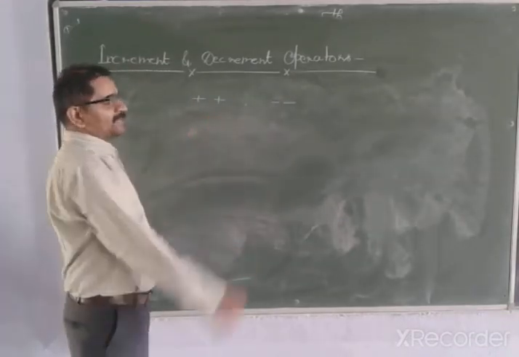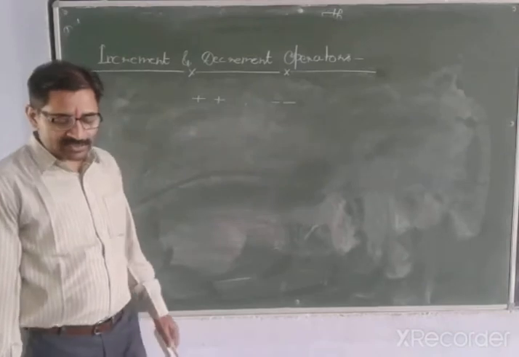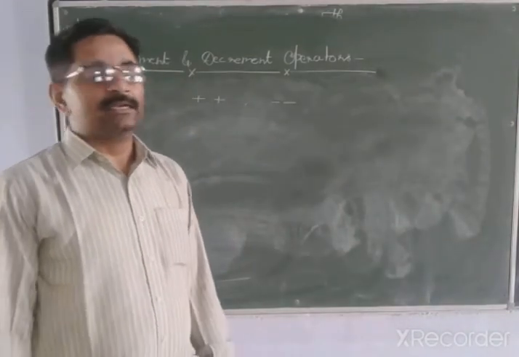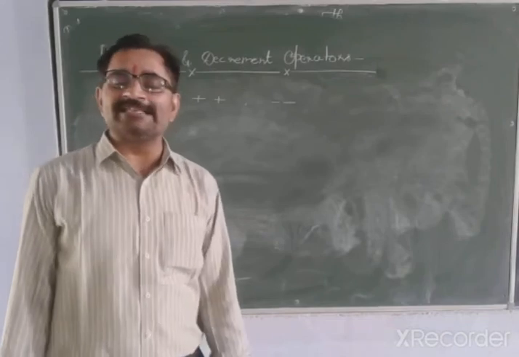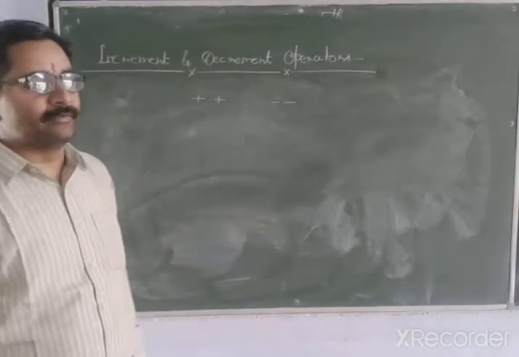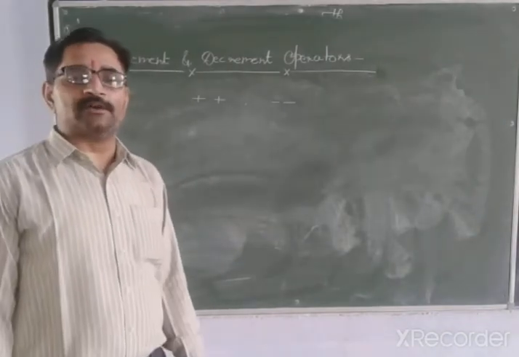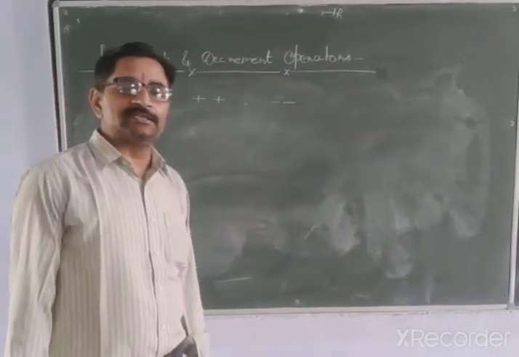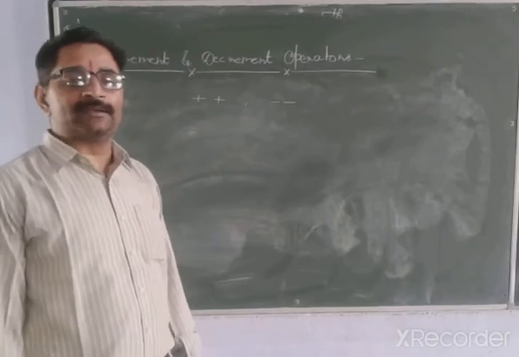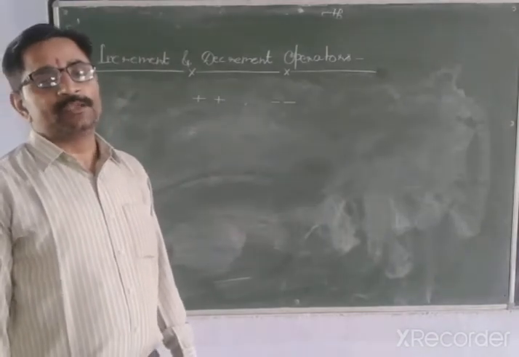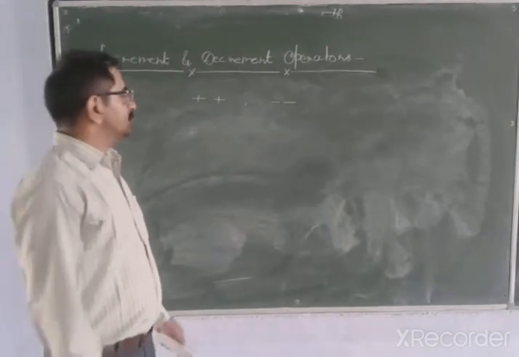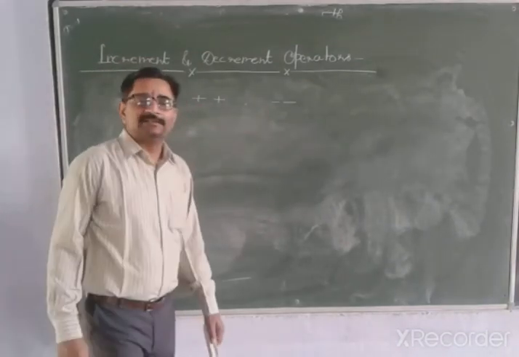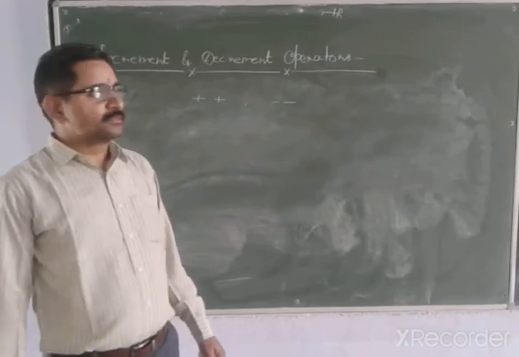Plus plus and minus minus both are also known as unary operators, and on the basis of the number of operands, when we classify the operators, the operators are classified into three categories: unary operators, binary operators and ternary operators. In unary operators, plus plus and minus minus are used.